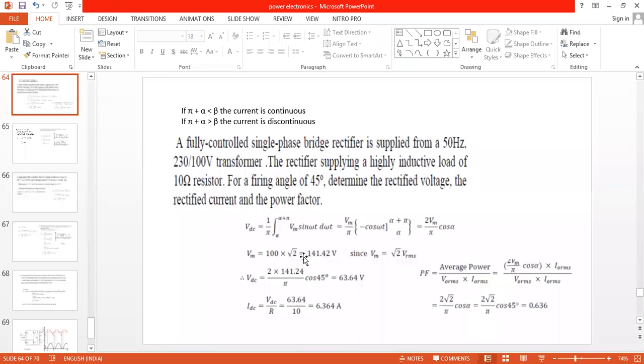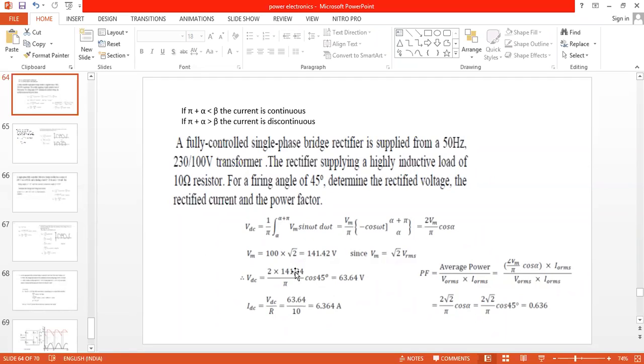But why are we using that circuit without freewheeling diode? Anybody, any answer? If I am not using the freewheeling diode, output voltage we are getting is less. But the main advantage of the fully controlled converter without freewheeling diode is we can control the speed of the motor in forward direction and backward direction. That means any electric vehicle can move in forward direction as well as backward. Forward direction is clockwise and backward direction is anti-clockwise.